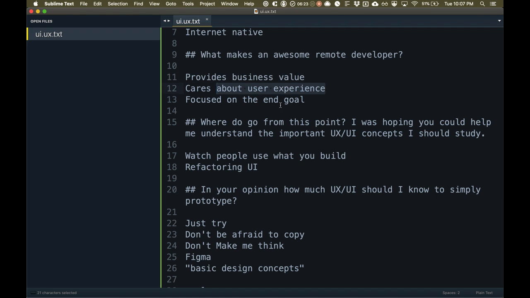The next thing is just caring about the user experience. That's just like, are you being polite to your users? Are you treating them like human beings? Are you considering what they might be going through? They're probably incredibly busy, and don't really have a lot of time for your product. So if you make the experience really easy to use, the value of your brand and the value of your product is going to go up.